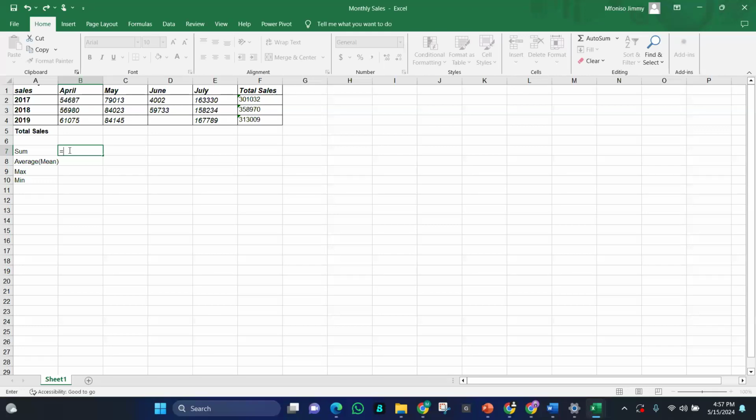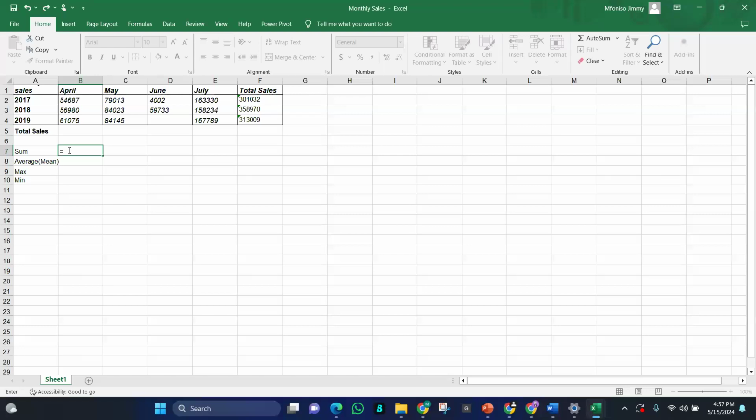If you do not use an equal sign, Excel and most other analysis tools will not recognize that as you trying to write a function or do some calculations.